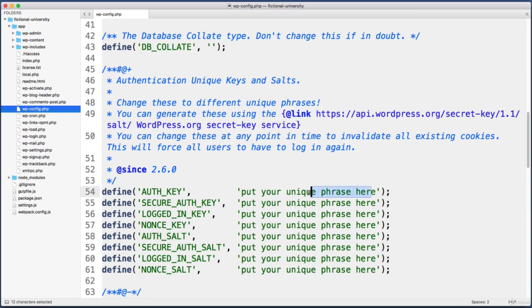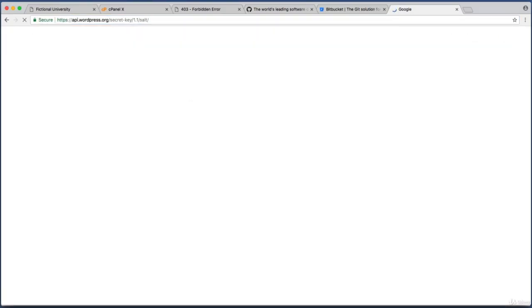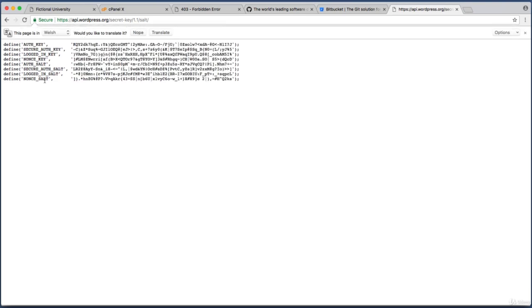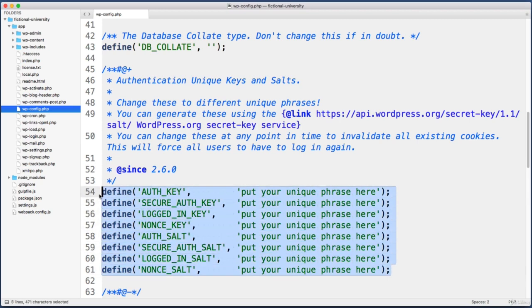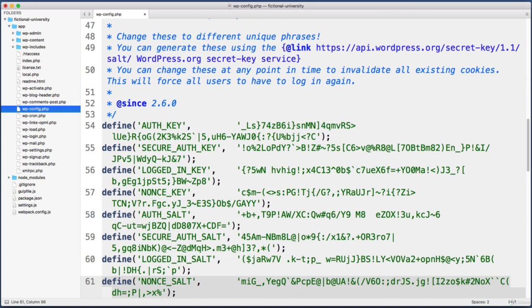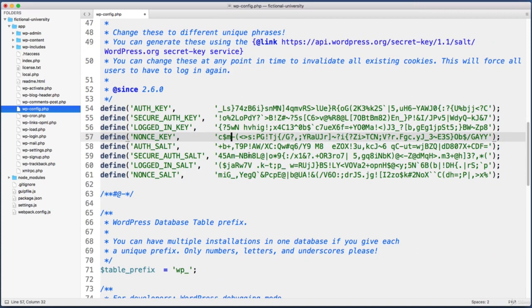Now you don't have to think of the random phrases yourself. You can visit this URL that you see right here. So just copy this URL into your clipboard. Mine's awkwardly breaking onto a separate line, but the URL ends in salt/. Copy that into your clipboard, in a new tab, paste it in. Cool, and each time you visit this page and refresh, it's going to give you new randomly generated phrases. So just copy all of these lines into your clipboard, back in our text editor. You can delete these existing 8 lines and then just paste in your clipboard. Mine looks awkward because my font size is too large to fit on a single line, but otherwise it would